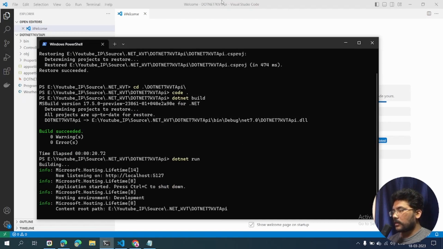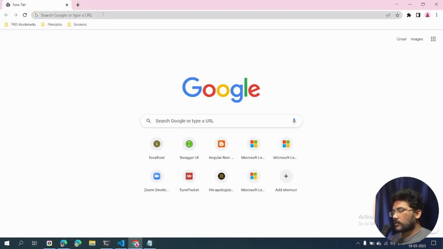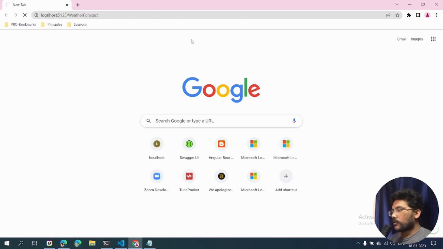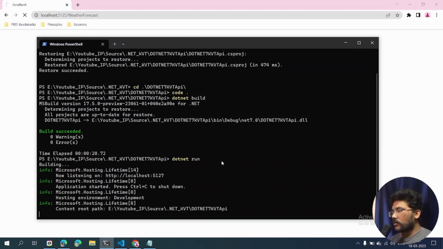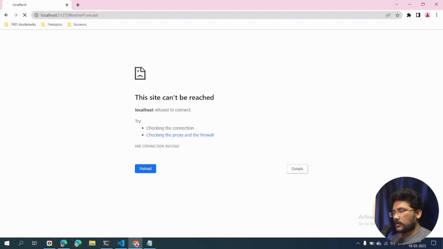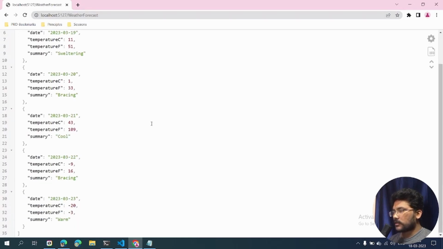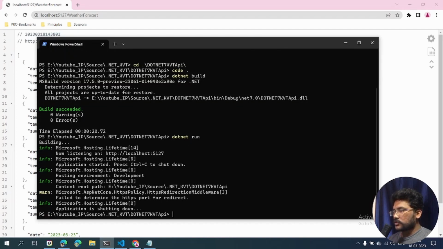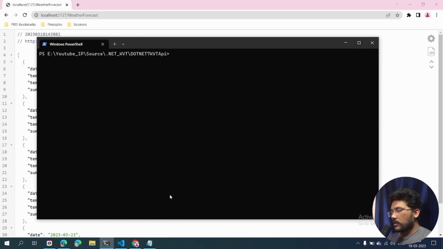Our default port is 5125. Okay, just localhost 5125. So this is the weather API. Its default comes in... Oh, it's 5127, sorry. So I got some information regarding the weather information as default APIs, and I'm going to stop it for now, then add some